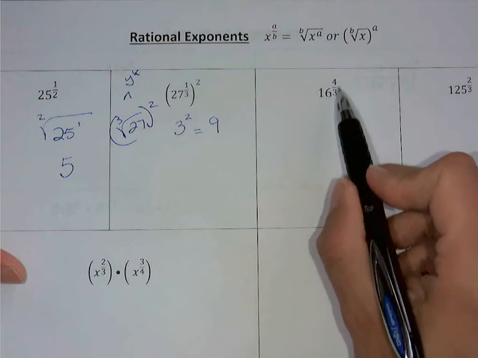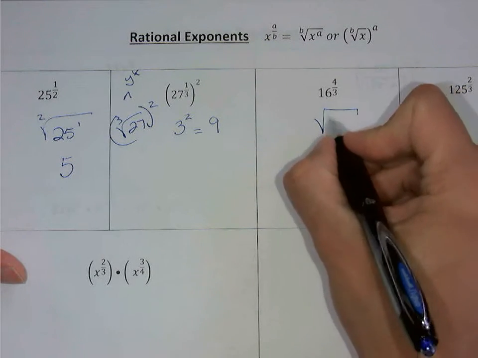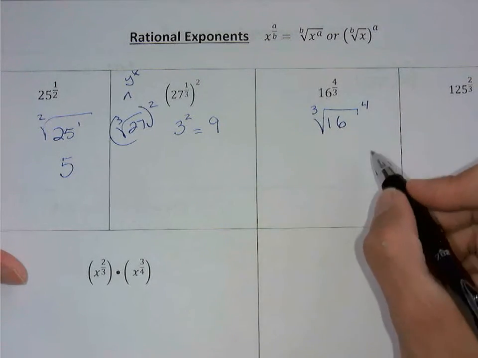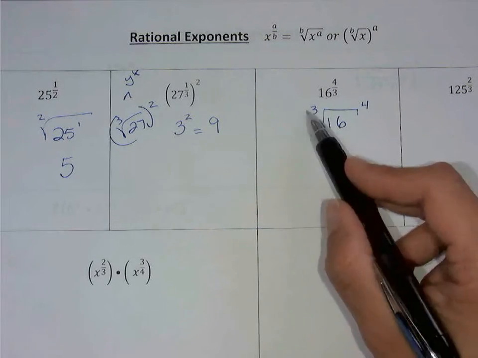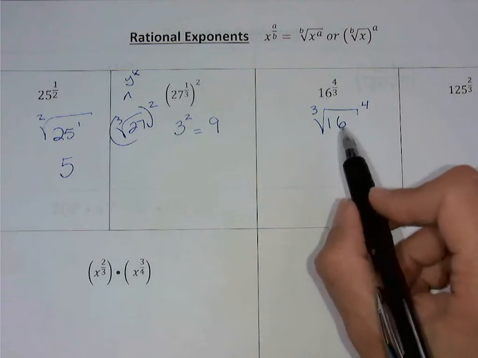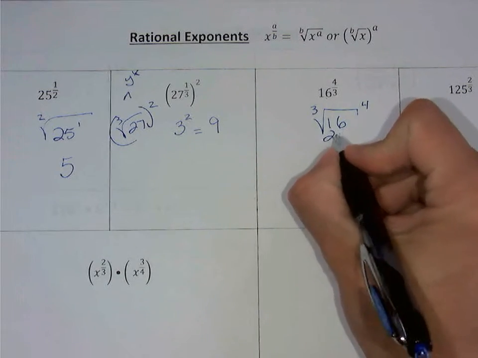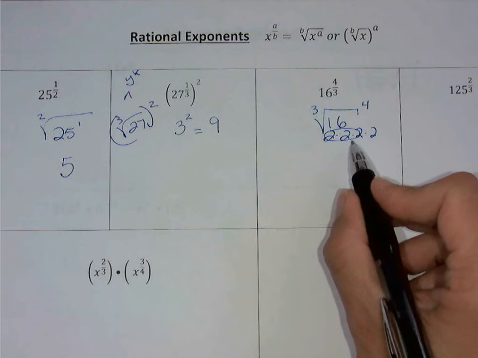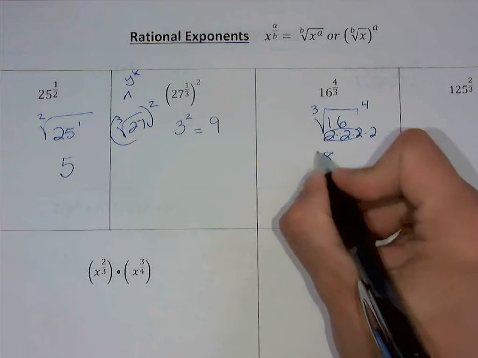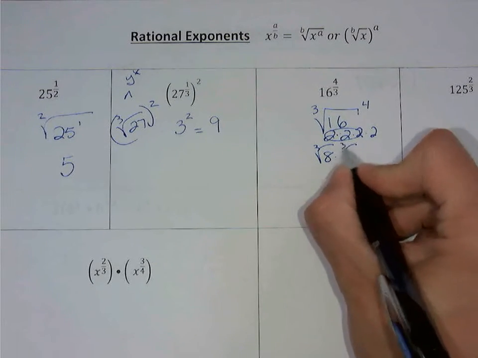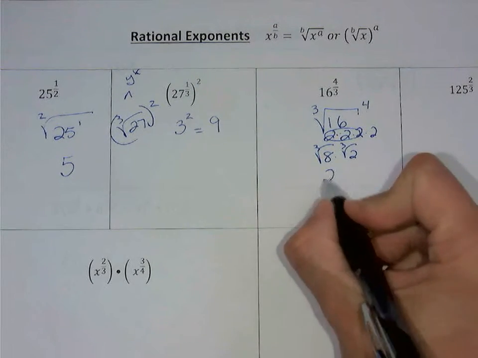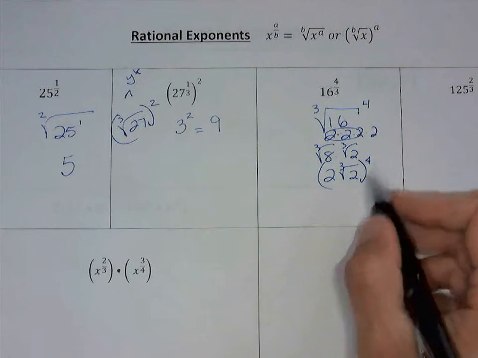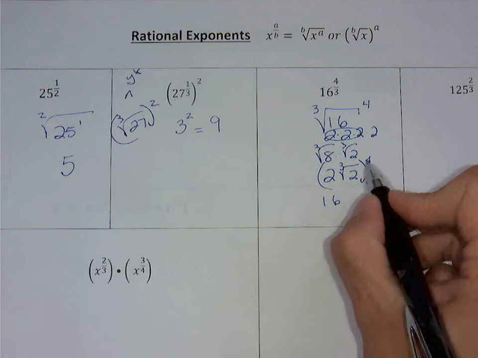So over here, 16 to the 4/3 is the same as 16, with 3 as the index, and 4 out here. Now there is not a whole cube root of 16. Let's see, 16 is 2 times 2 times 2 times 2. There are 3 of them, so we could simplify that because we could split it up into the cube root of 8 times the cube root of 2. And the cube root of 8 is 2, so we have 2 times the cube root of 2, and then we'd have to take all of that to the 4th power. And 2 to the 4th power would be 16, and then we would be left with